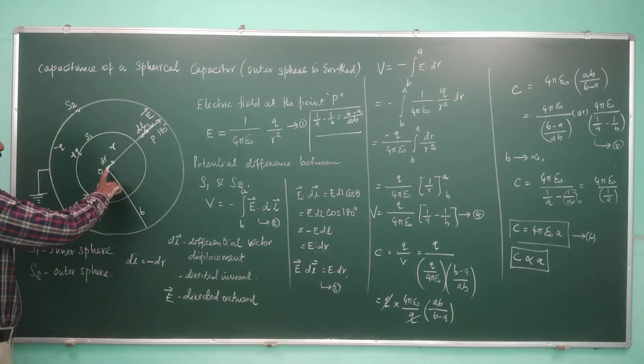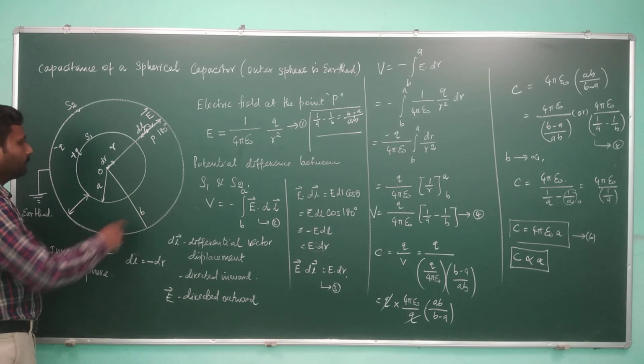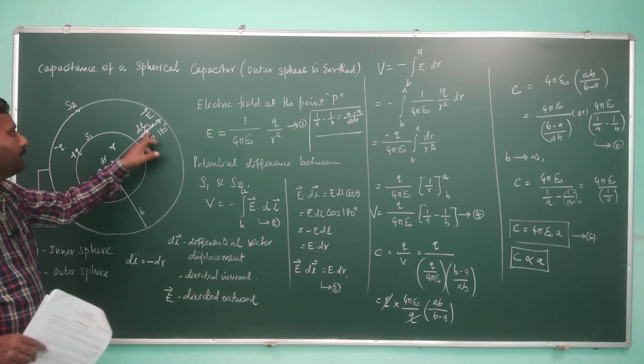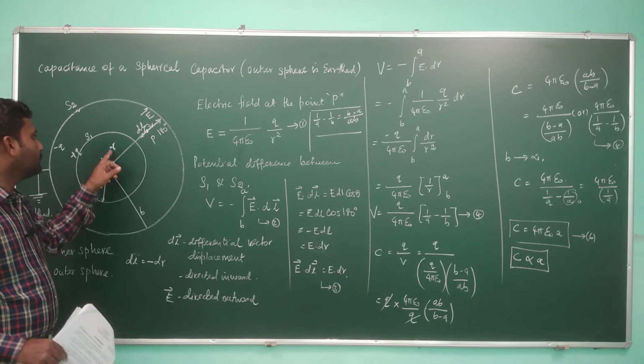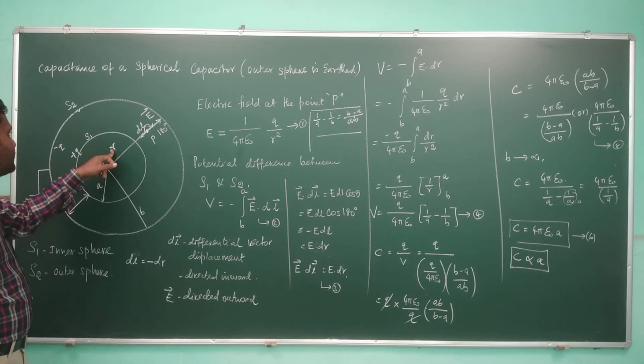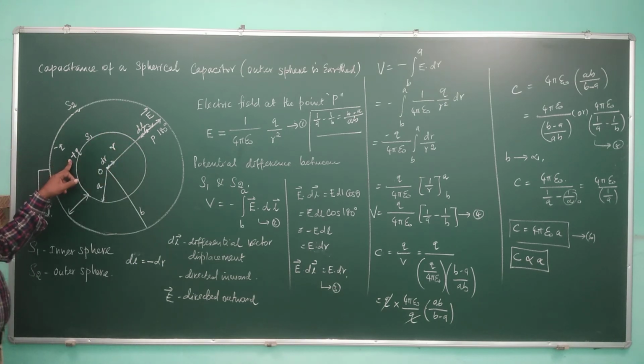The radius of S1 is a and the radius of S2 is b. We have considered one point at P. The distance between O and P is r, and we have considered the inner sphere charged, so the outer side is positively charged. Consequently, the inner part of the second sphere will be negatively charged, and the outer side is earthed,